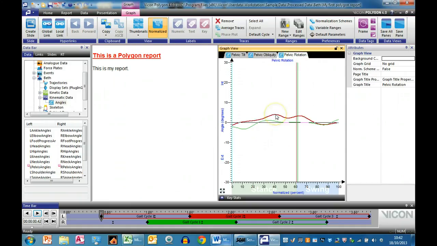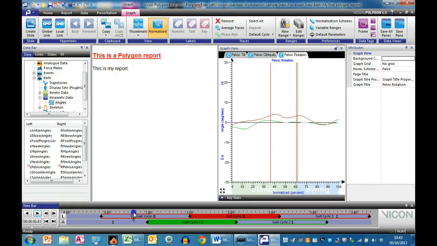And the data from the left side is plotted in red, and from the right side is plotted in green. And those 2 colors correspond to the colors of what are called the contexts in the time bar. So the left context is in red and the right context is in green. Now you can see that if you've labelled the stuff appropriately in Workstation, then the gait cycle events are brought through, and as I go through the gait cycle, you'll see that there's a red line shows me on the graph where I am in time,